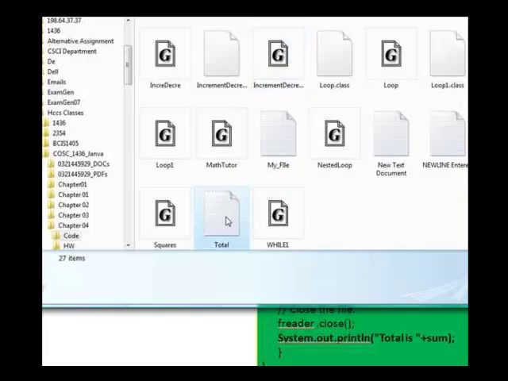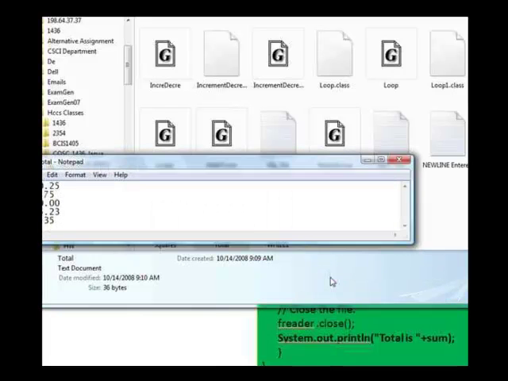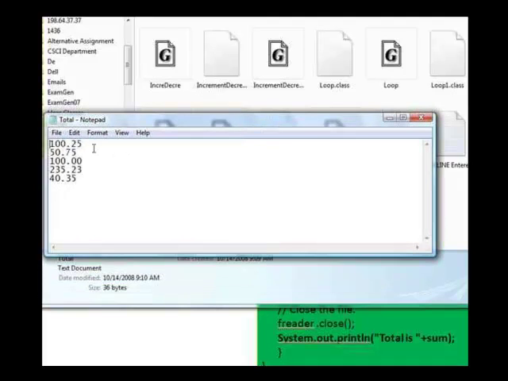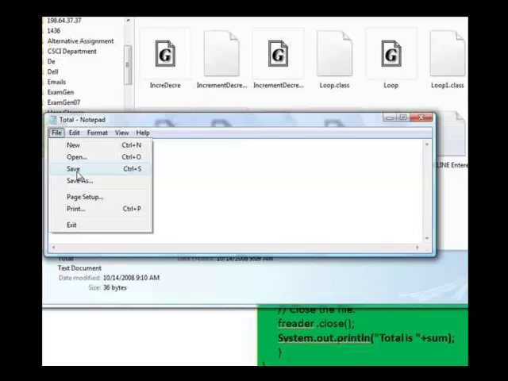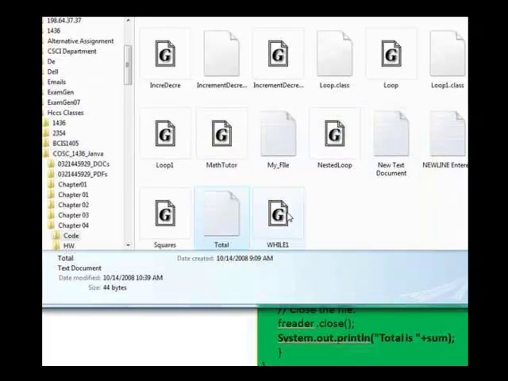Let's consider I have a file called total and I would like to open it. I have several numbers in this file: 125, $50, 75, 140, and $345.77. And I would like to use a program to add these numbers all together. So my file name is